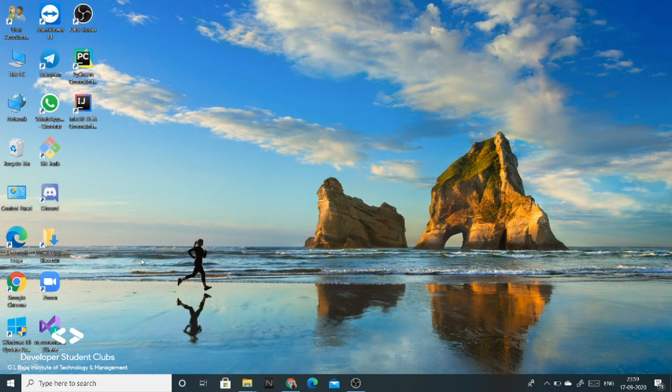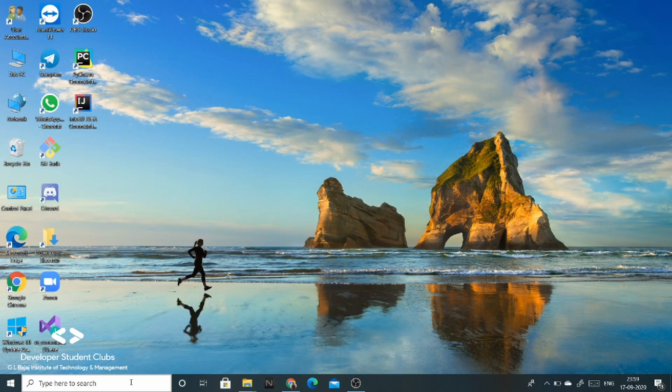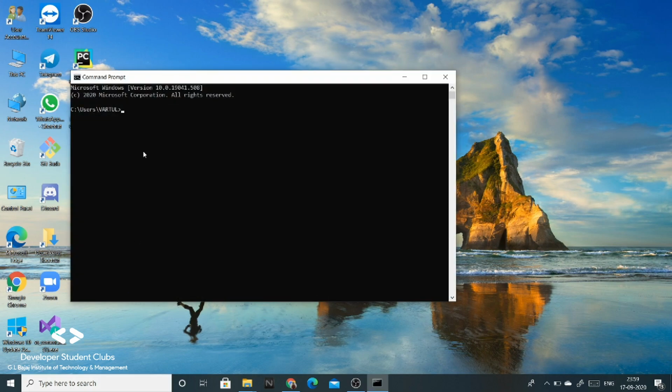So now that we have set our environment variables for the Java JDK, let's go to command prompt to check if it is installed perfectly. Type java --version, and you will see something like this. That's the Java 15 version. So now we are good to go to install our Android Studio.